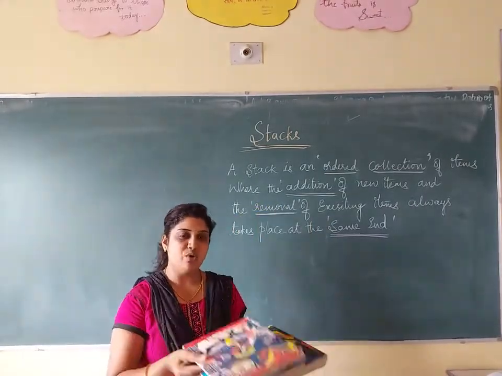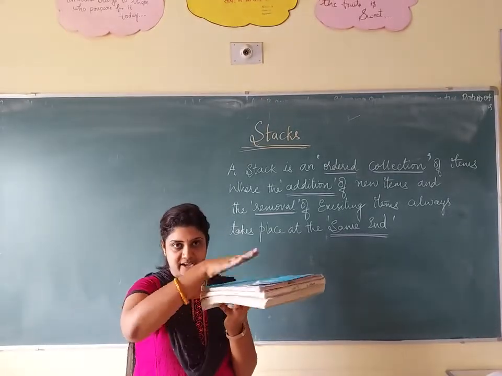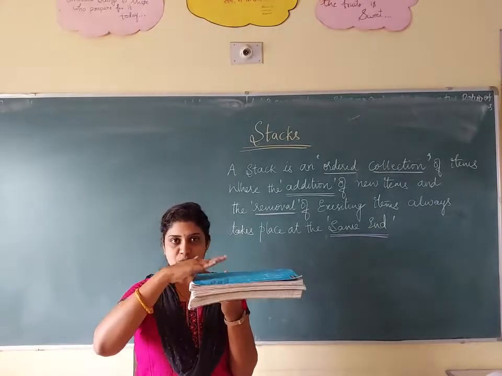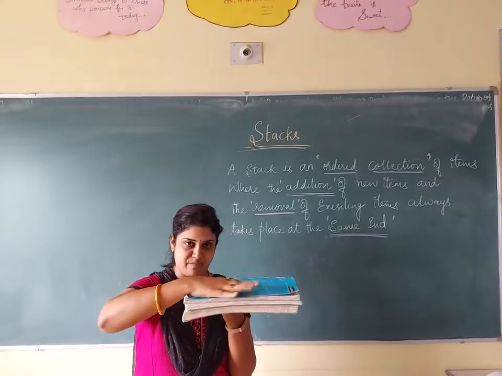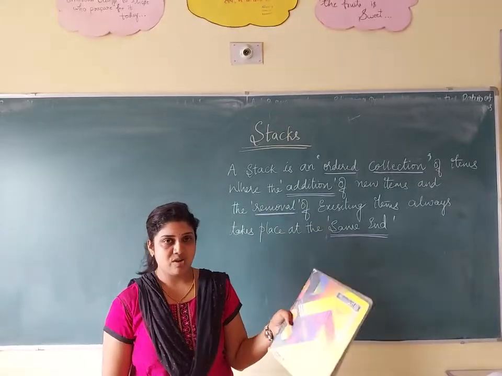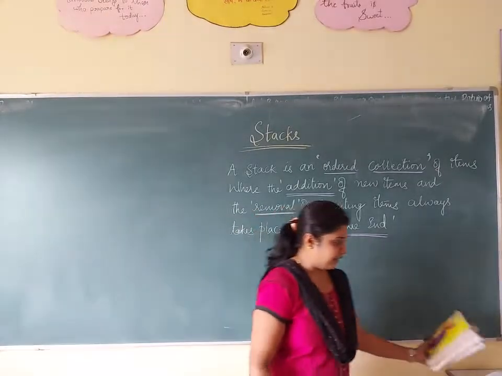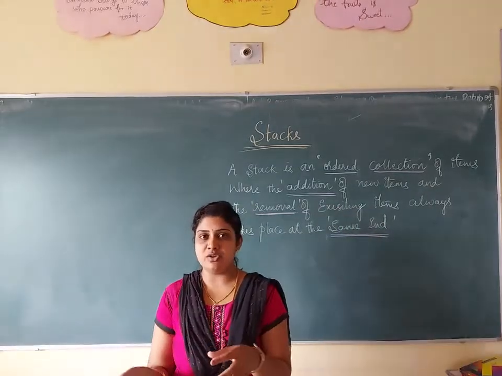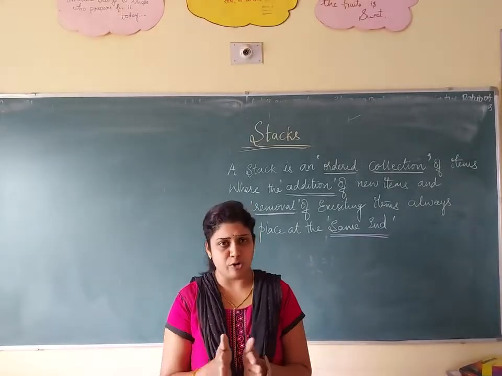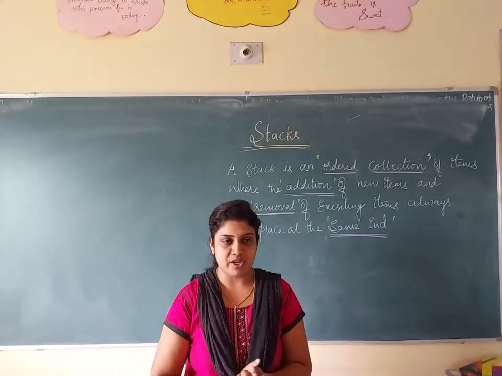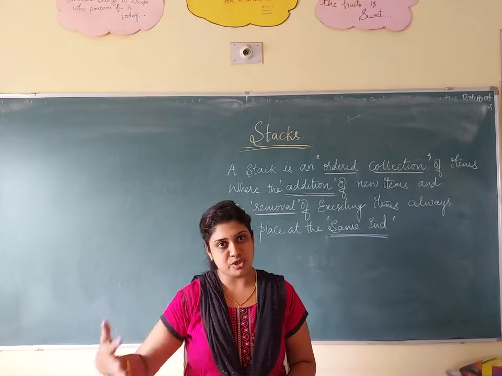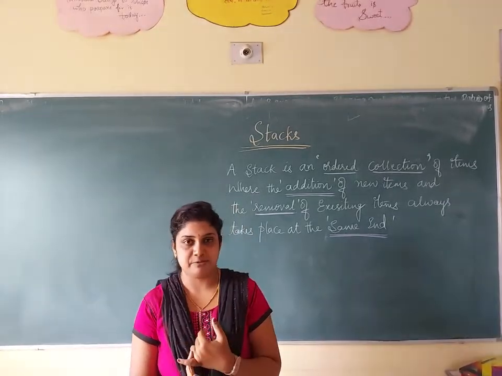So here we have only one end. This is the end, and if I want to collect the yellow color notebook, I have to remove my data from the top. First I remove the blue color one, followed by the multicolor, followed by the yellow color. So a stack means we have only one end, and from that end only you insert and delete an element. Like multiple books arranged in an order, if I want to take the bottom book, from the top you have to remove the books. Straight away you cannot do it.